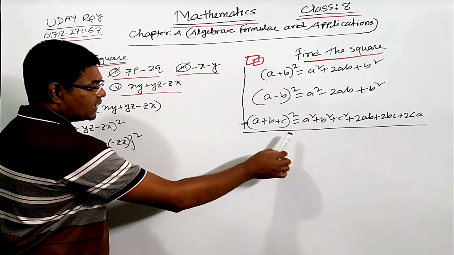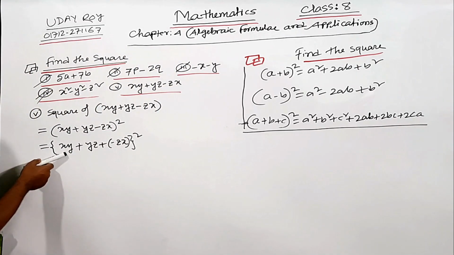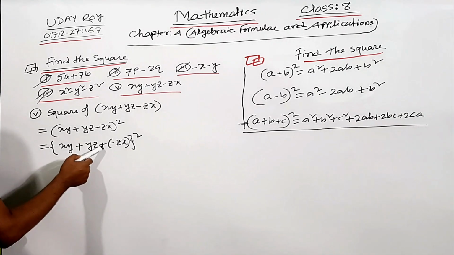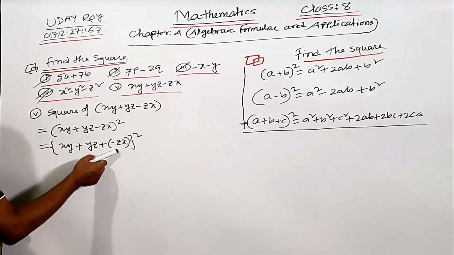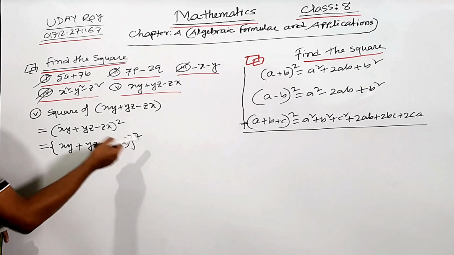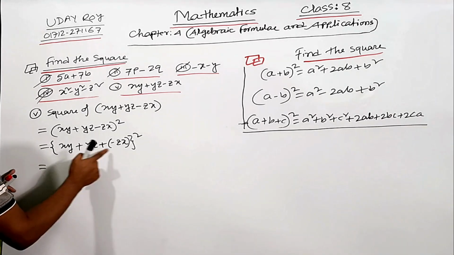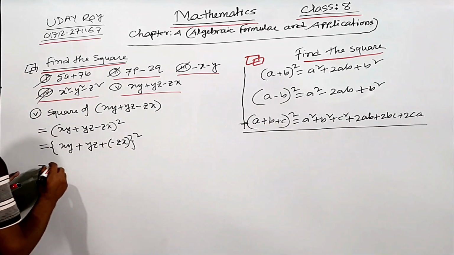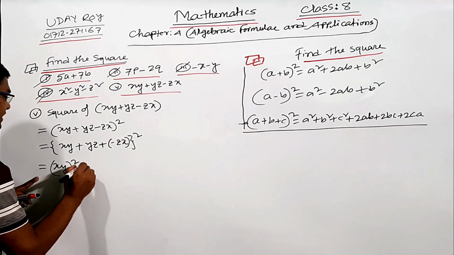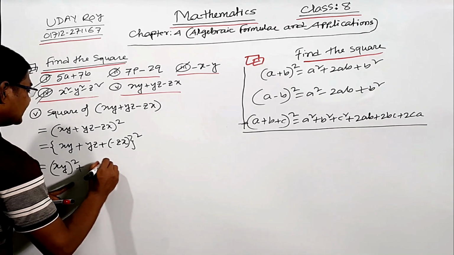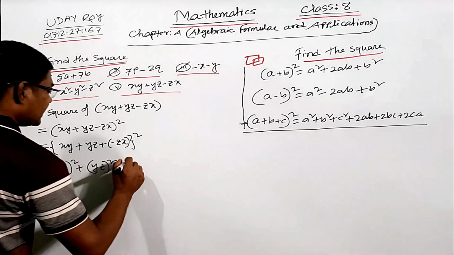A plus b plus c whole square equal to a square plus b square plus c square, twice ab, twice bc, twice ca. Now here is xy, yz, and minus zx; I have converted it into plus. So this is a position, b position and c position, a plus b plus c whole square. It is very easy for you. Follow this formula. We can write xy whole square, that means a square, then yz whole square, that is b square. Now here the c position is